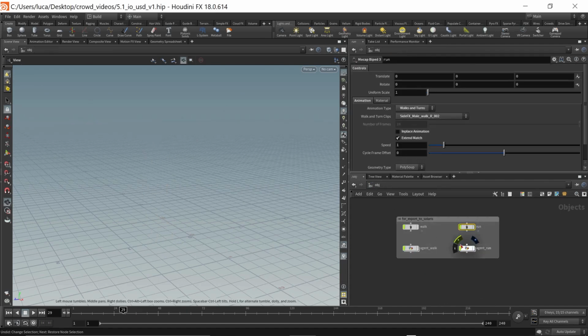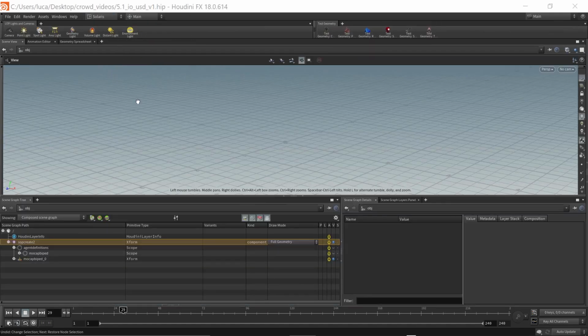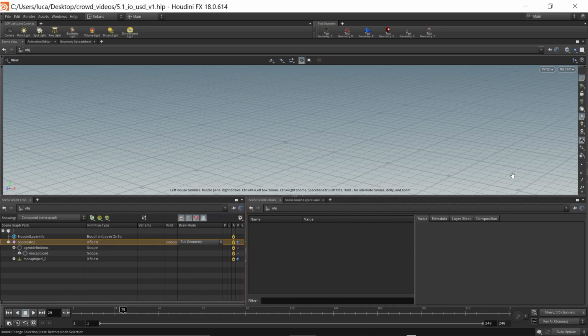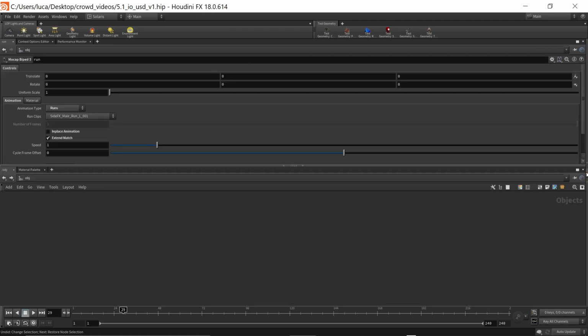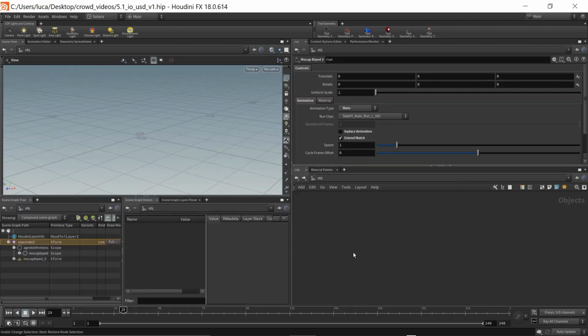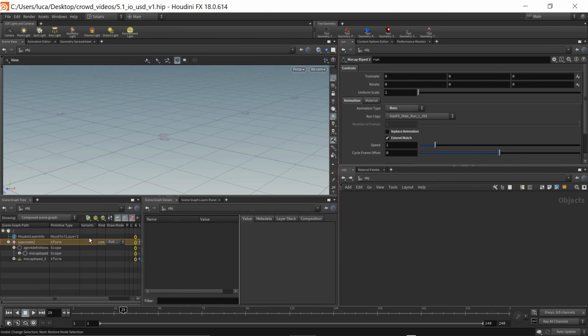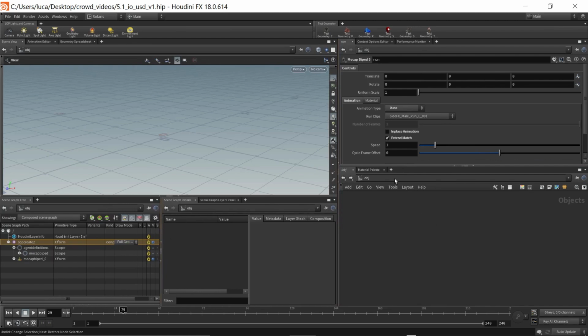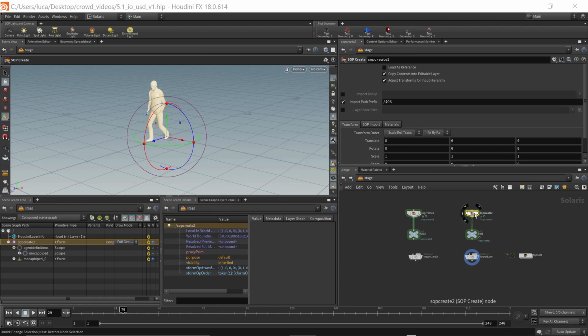On the rig itself, I did not change it; it's still on walks and turns. So let me change that to runs. We should be back in good shape. All right, go back to my Solaris desktop, and it looks like I accidentally deleted a pane. So I kind of move some stuff around. Oh, I just collapsed it. Did I? There we go. Okay, so my apologies. All right, so let's go back to the stage, and now if we look at this guy,